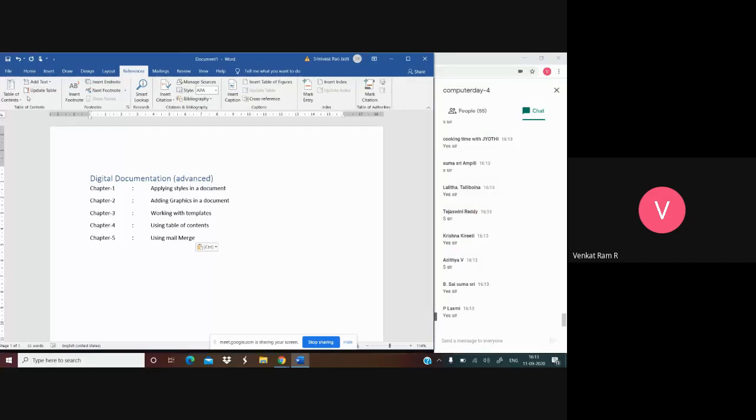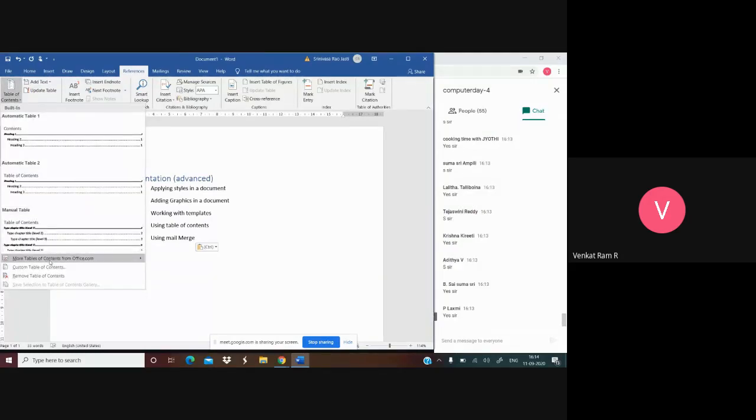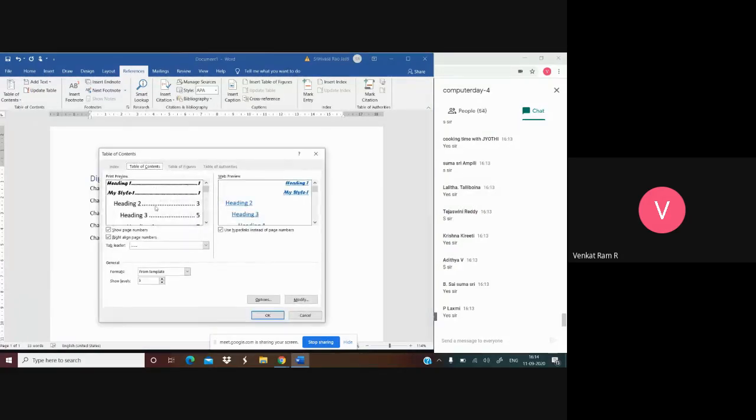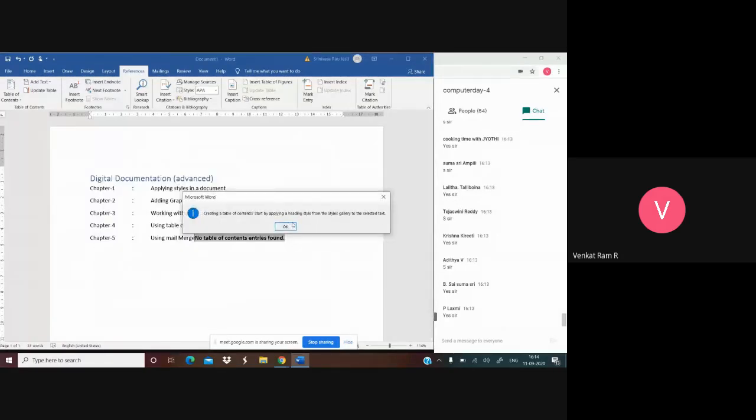So if you click on table of contents, custom table, then select any of these. 3 will be sufficient and click on OK. So no table of contents is found. I have to enter this. Or else go to manual table.